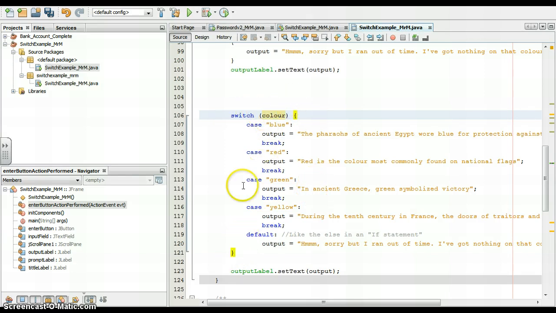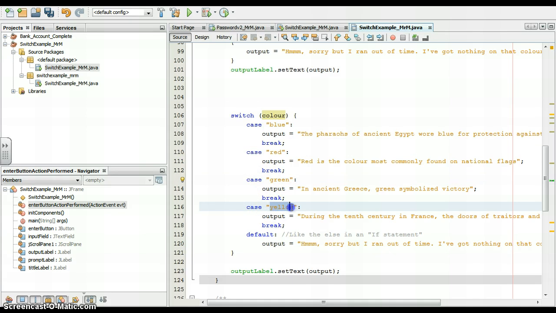that includes all of the code within it in one block, and then each line you'll identify a case. So in the case that the color is equal to the string blue, notice here that there is a colon, and then once again we set the output and we include this break keyword with a semicolon at the end. So this structure, the format, is standard. The only thing that you'll need to change then is the case, and of course the variable that you're checking this against. So here I've got a case where the string is red, where the string is green,